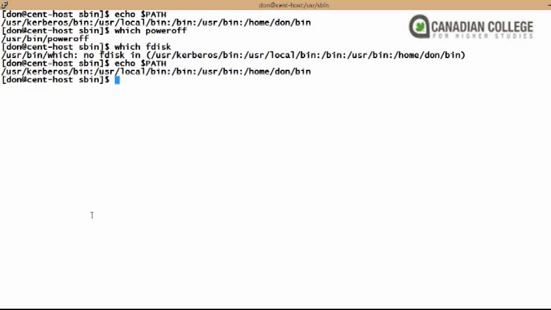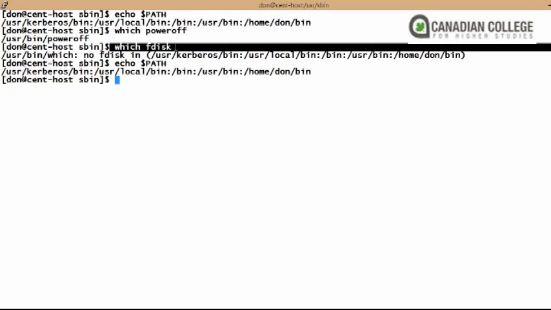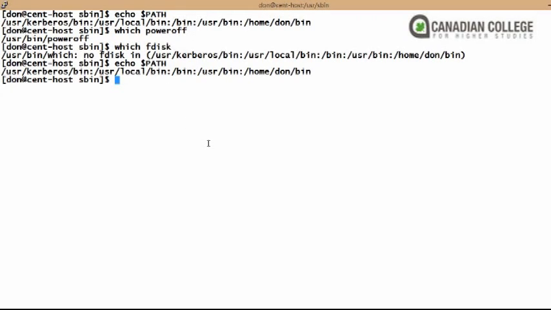Okay, I'm going to do it and show it to you. So when I say fdisk here, it did not work. Okay, I will make it work. So now I will say path. I'm going to say path is equal to $path, now I'm changing the path, then I put a colon after that,